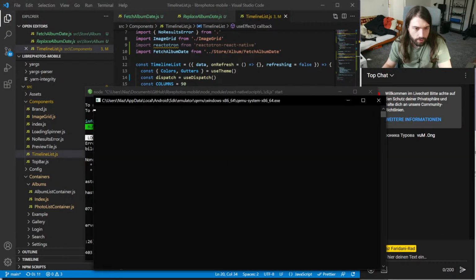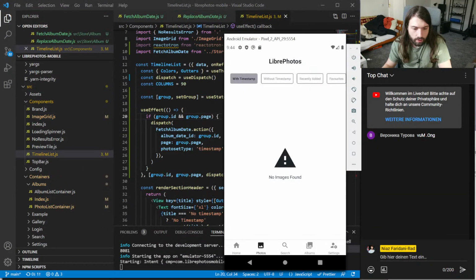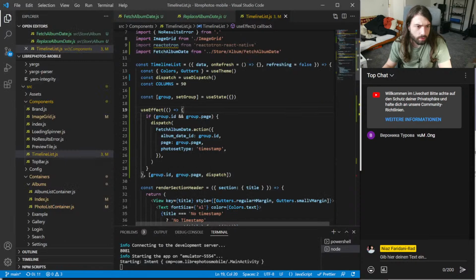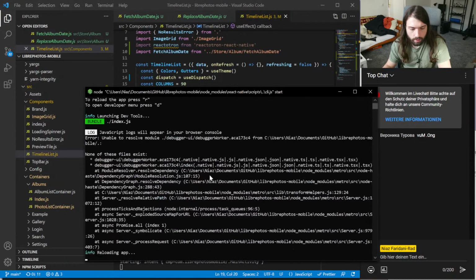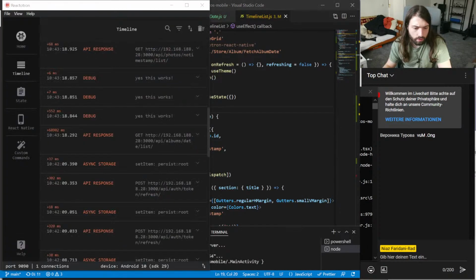The flow of data is kind of hard to understand, to be honest. So let's click here, and then yes, this works, but we don't actually have this. Okay. So let's go here, reload, Reactotron Android.